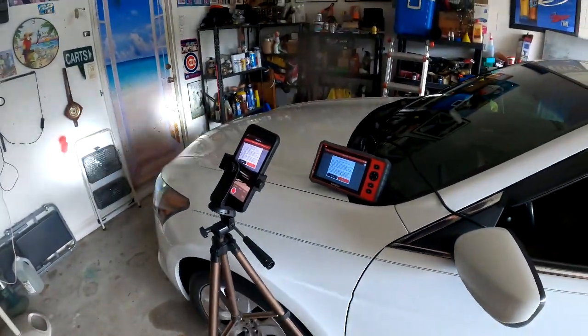Note to self, when installing new TPMS sensors in your tires, make sure you write down the serial numbers. Because what I'm getting ready to do here now, and this is the only way that I can figure out how to do this, is I am reprogramming these sensors in the tires to the car since I got the new tires on. Now, I did not realize you had to write down the serial numbers, because apparently when the scanner scans the system and I go around and read each sensor, it puts it on the list,